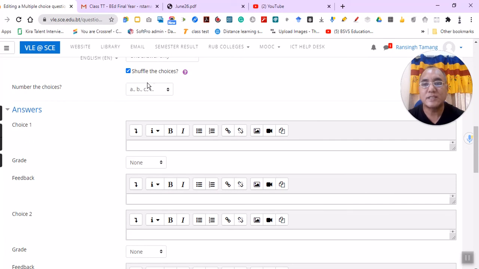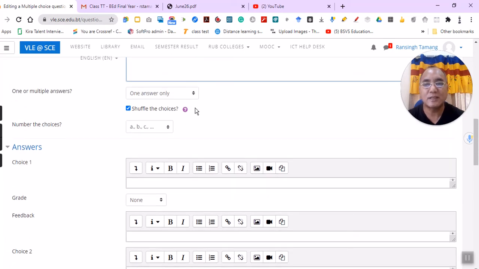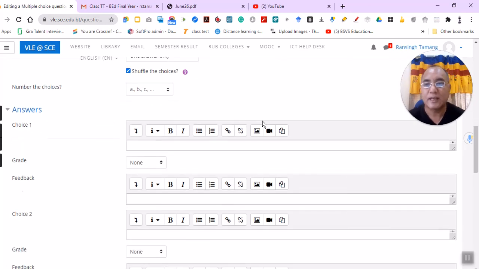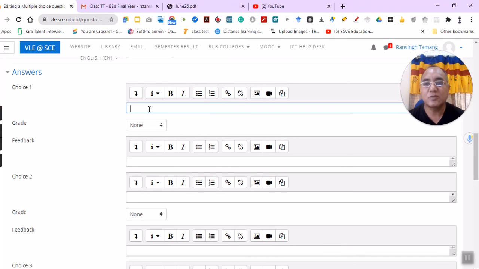This choice will be shuffled. See there, choice also gets shuffled within that. Choice meaning that answer would move up and down. You can have an option to move your answers. Okay, and now the first choice is